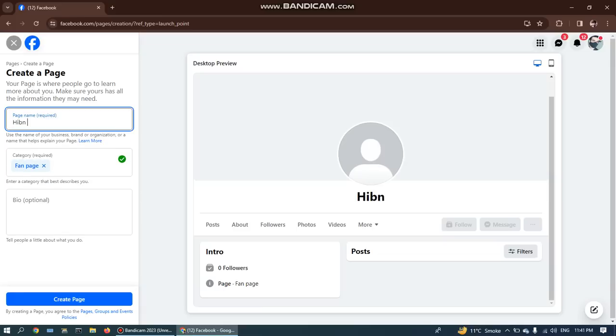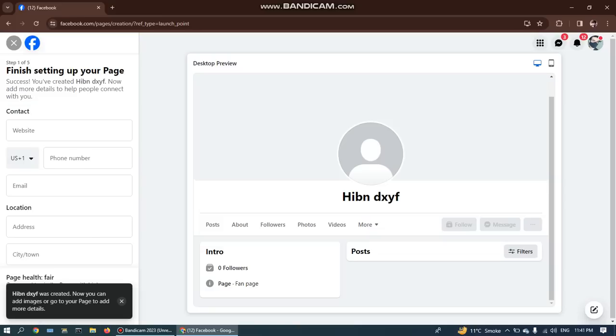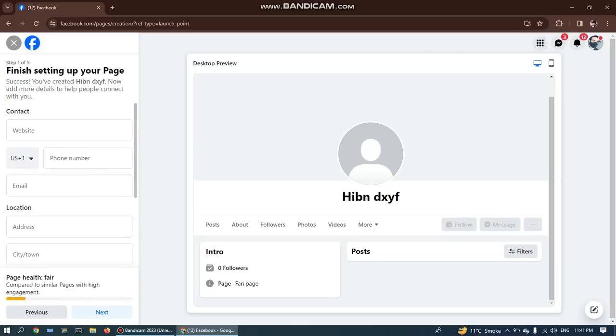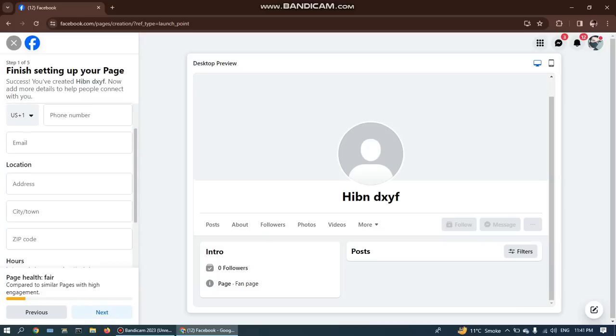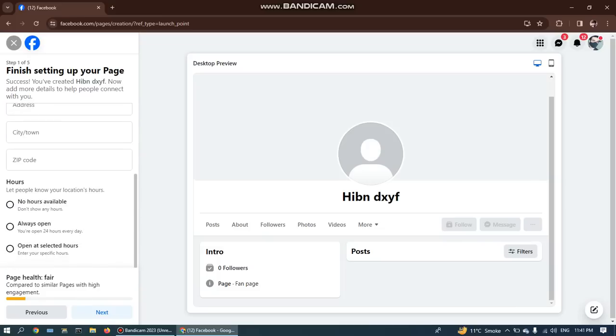Please wait for the next step. For moving to the next step, create the page and add more details. Here you can enter your website if you have one, add location, Gmail, phone number, city, town, zip code. And if you want to increase your page health, you can add more, but